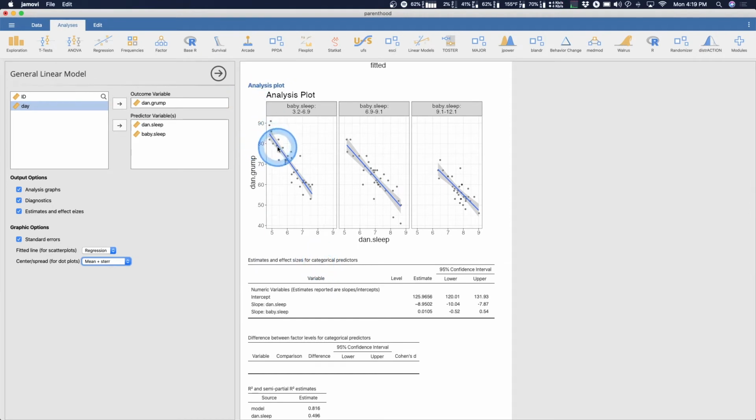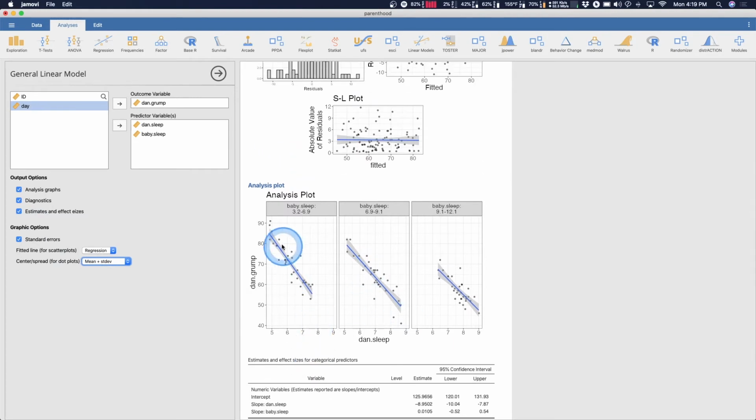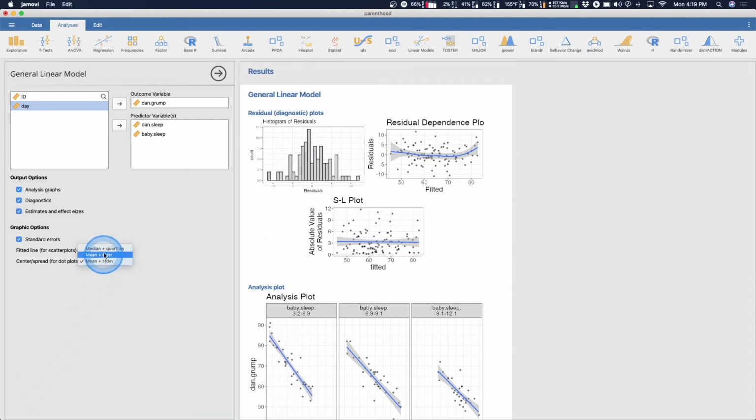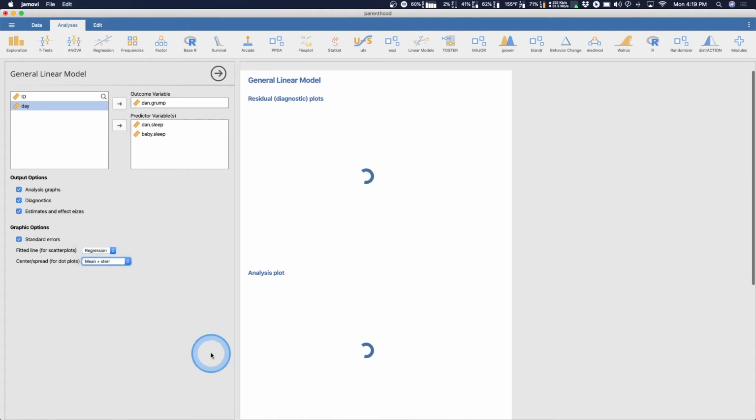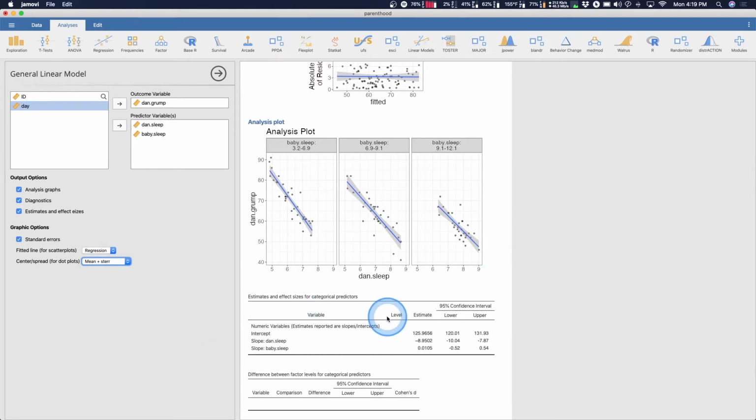But the standard errors now are represented by this gray bar, or I guess the gray funneling, if you will. And then the mean and standard deviation changes the analysis plot a little bit, not too much, but again, instead of standard error, it's now standard deviation in the funneling there. I would probably do mean and standard error if this were me. And there we go. There's the kind of plot it is.